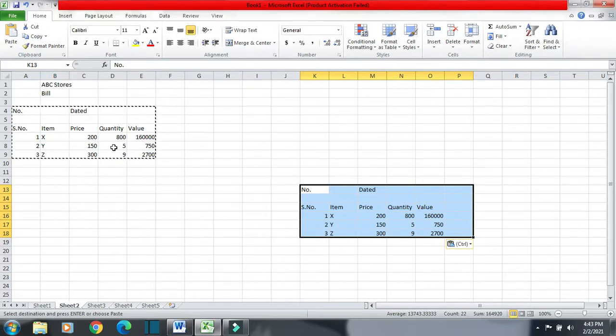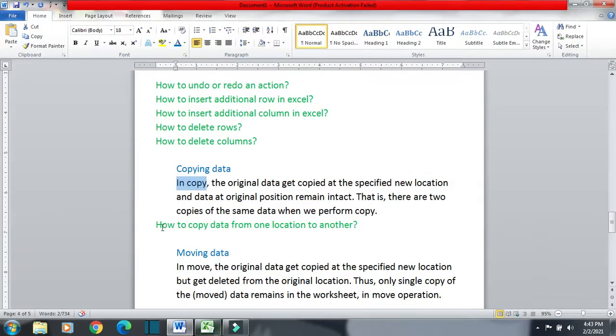So we have two same data in the same worksheet if we go for copy. So we have seen how to copy data from one location to another. Now there are two copies of the same data because we have performed the copy operation.